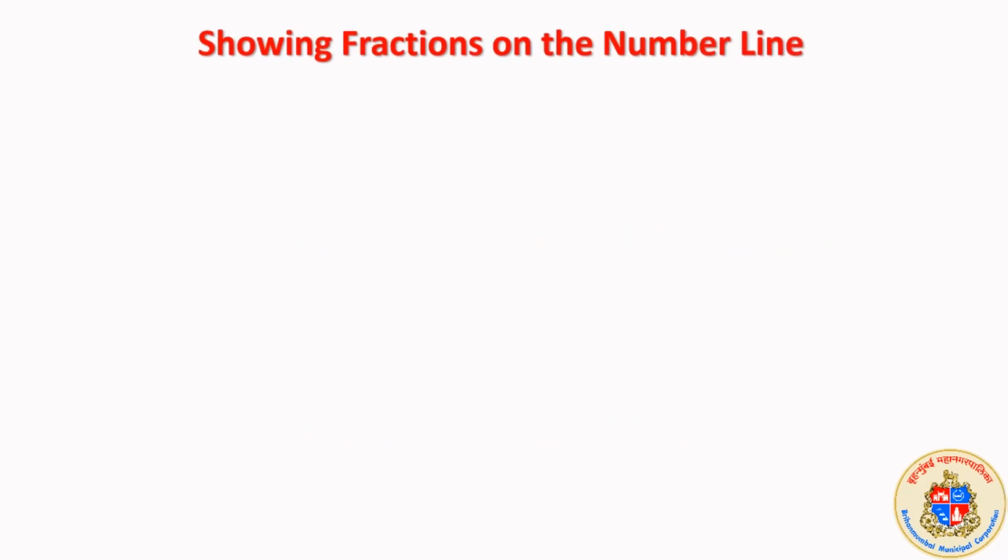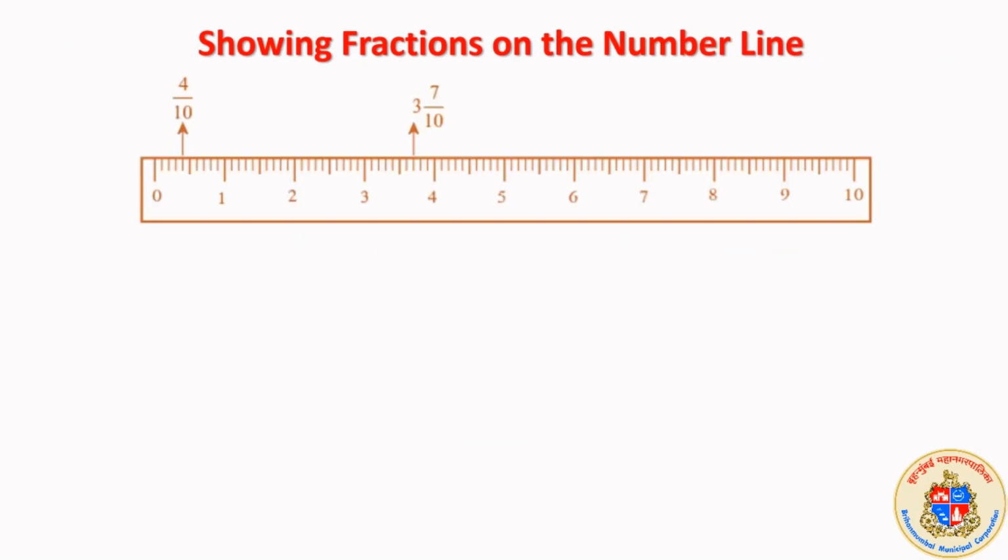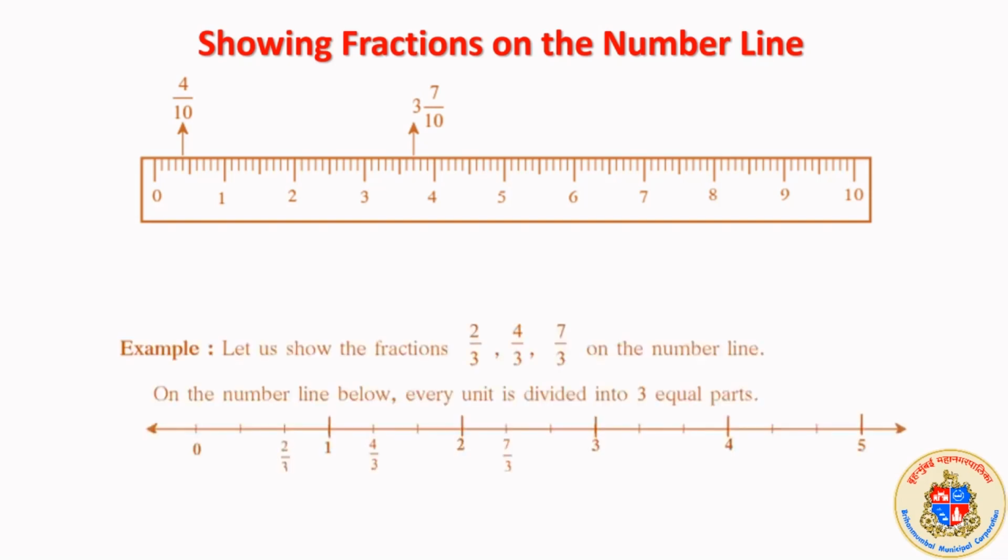First is about showing fractions on the number line. Number line, you know, is a line where we are marking numbers with a particular distance and with a particular number of divisions in between. Here is a number line as shown in your textbook from 0 to 10, and the interesting fact is that between each unit, the division is 10. From here to here we can call a unit, and you can see that there are 10 divisions over here. That is why 10 over here.